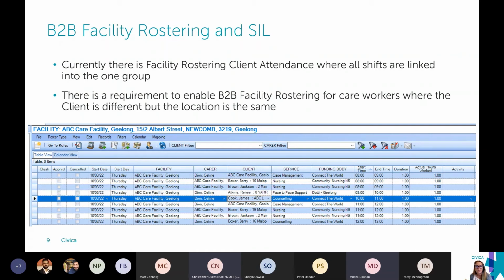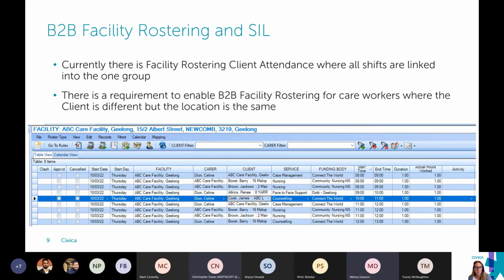The issue with that too is that the care worker has to be rostered for that shift, and the clients have to be linked to that facility grouping shift as well, which is quite challenging, I guess, when you're rostering in, if I take Sil, for example, I had a look at one of those rosters the other day, and it's so complex. I can imagine how hard it would be for care workers to work out what they're doing. So if we can try and make that a little bit easier. So from the back-to-back facility rostering,